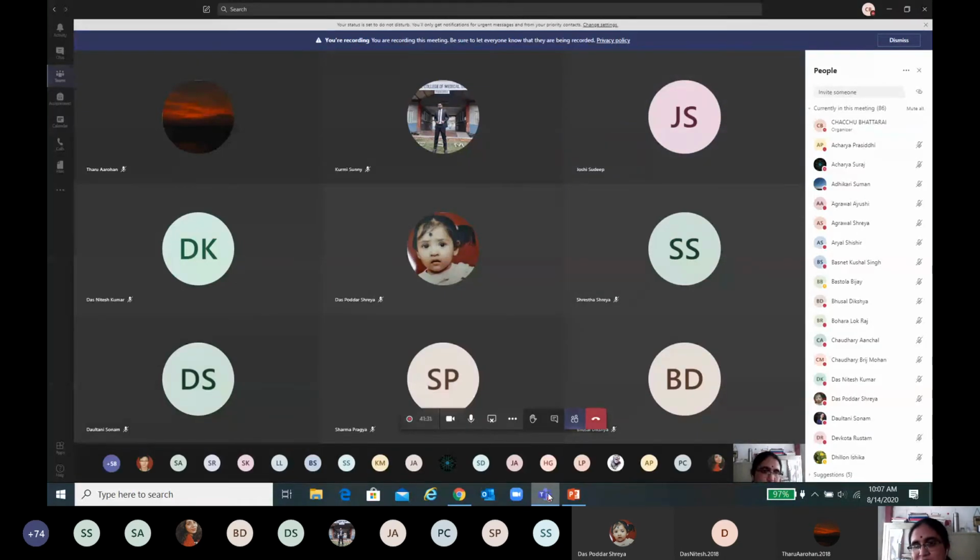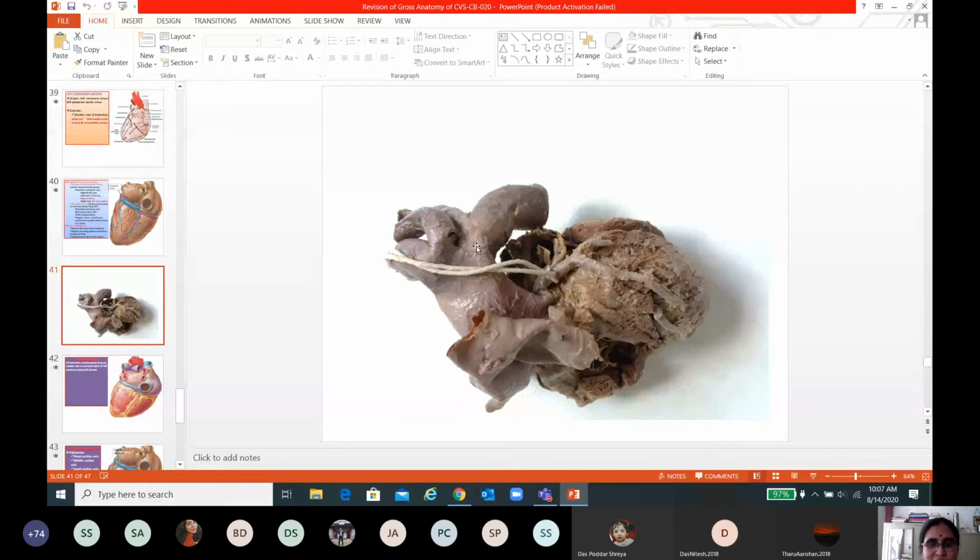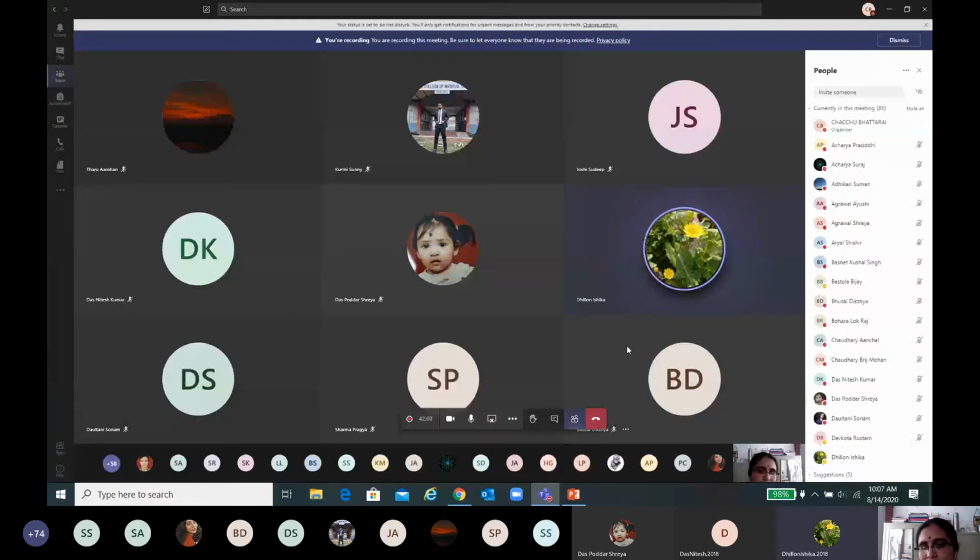Okay. Isika Dhillo, are you there, Isika? Okay. Sonam? Yes, Sonam, ma'am. Are you there? Isika, okay. Isika, ma'am. What is this vessel? Arrowed vessel. Is this descending thoracic aorta? One of your friends has just said. Ma'am, that slide is not visible to me. I think it's lagging in my computer. Not visible. Okay, then I will ask another fellow.